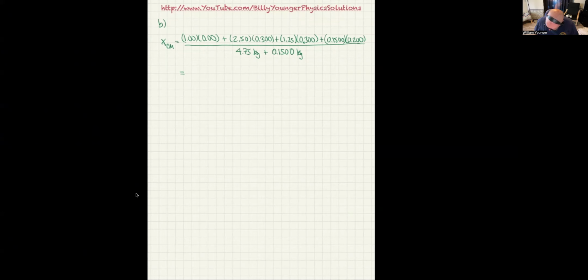And that gives me the 0.75. So that's the 3 significant, or the 3 decimal places. And then I'm going to take plus 1.25 times 0.300. And that one, of course, gives us the 3 decimal places as well. So the top, before I add in the actual plexiglass, is